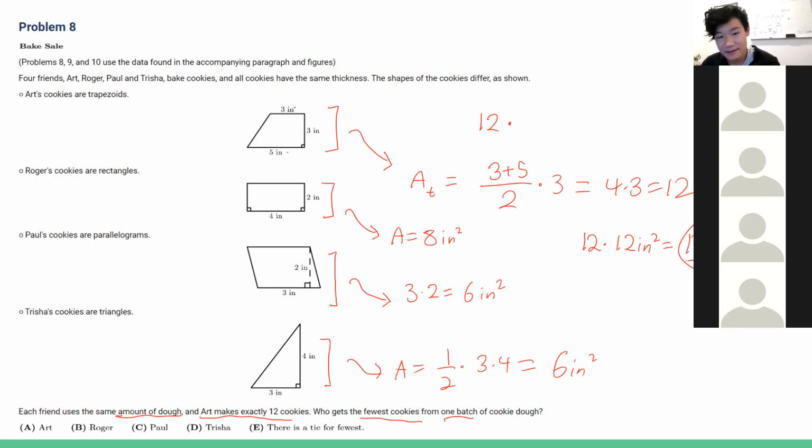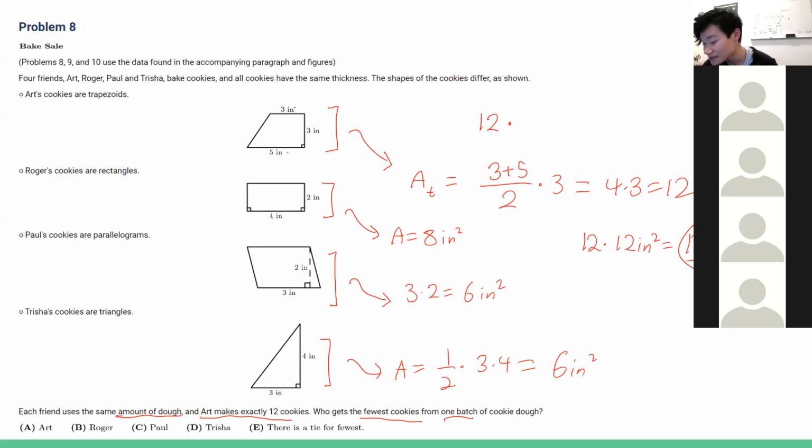Well, we know that if a cookie takes a smaller amount of dough to make, then they can make more cookies, right? If my cookie only takes 1 inch squared, then I can make a whole 144 cookies. So the smaller the cookie, the more they can make, which makes a lot of sense because they only have a certain amount of dough that they're allowed to use. So whoever has the biggest cookie is obviously going to have the fewest cookies